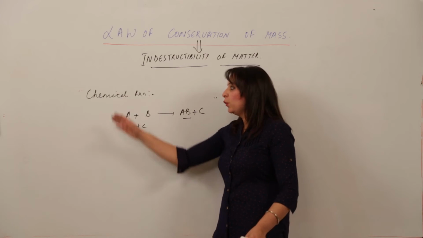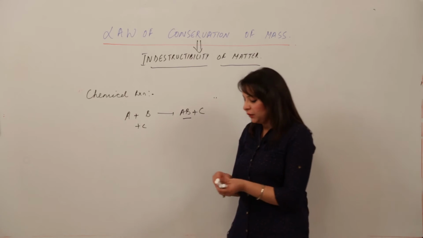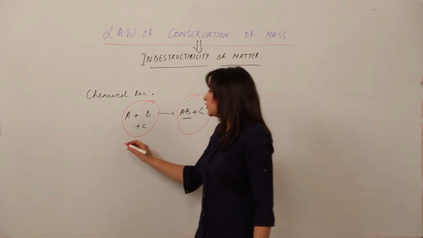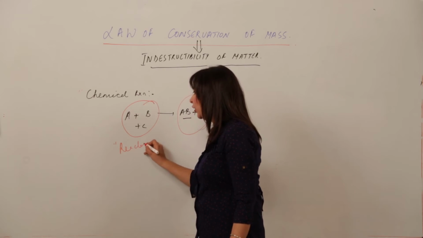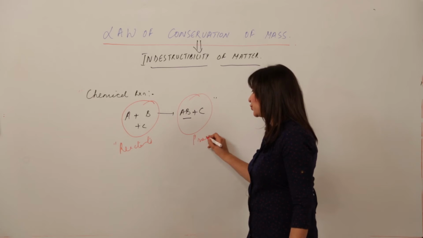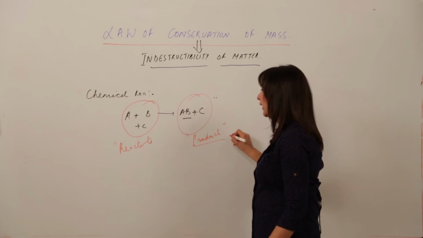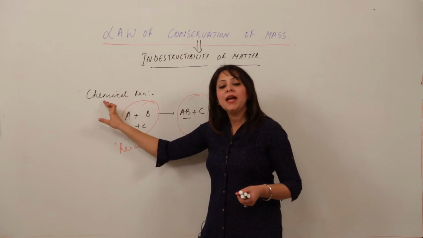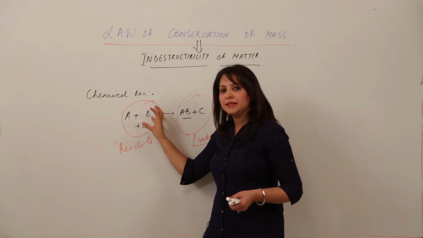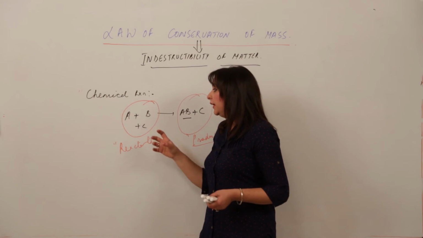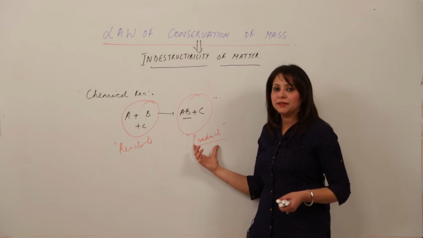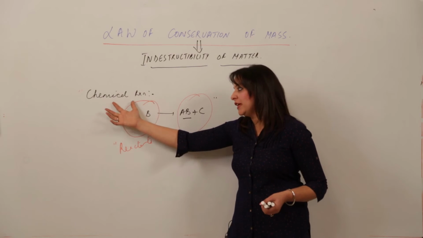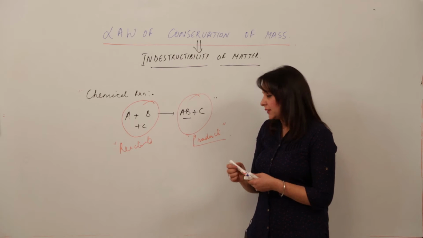So coming to the point, what is actually a chemical reaction? It is a reaction in which some substances are mixed and some new substances are formed. The substances which we mix are called reactants, and the new one which is the result of the reaction is called product. So I am repeating the definition for you, listen to it. A chemical reaction is a process in which reactants are mixed, they unite to form the products. That means old bonds are broken and new bonds are formed. So a chemical reaction is a process in which reactants react to form products.